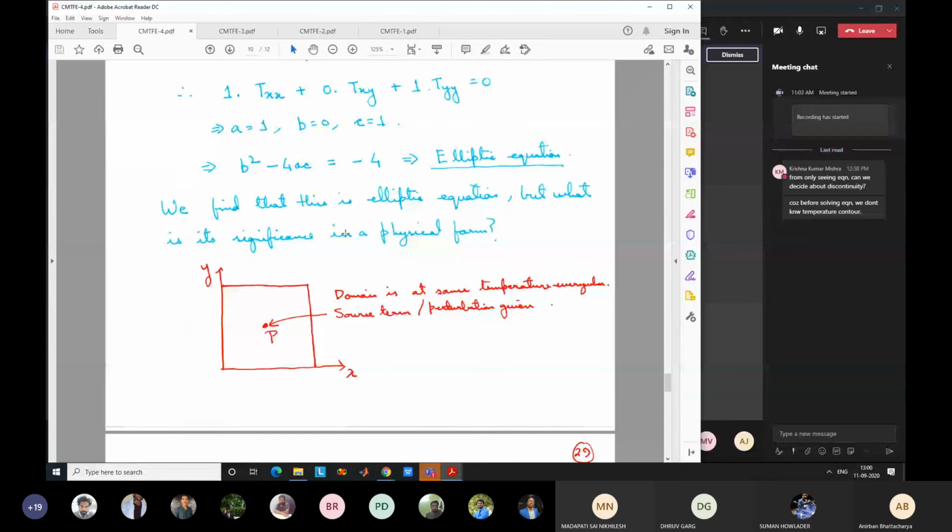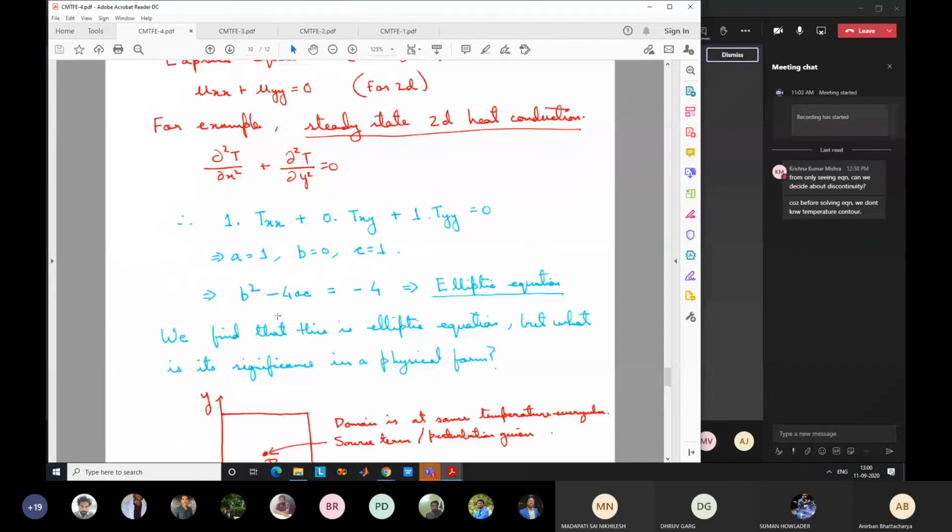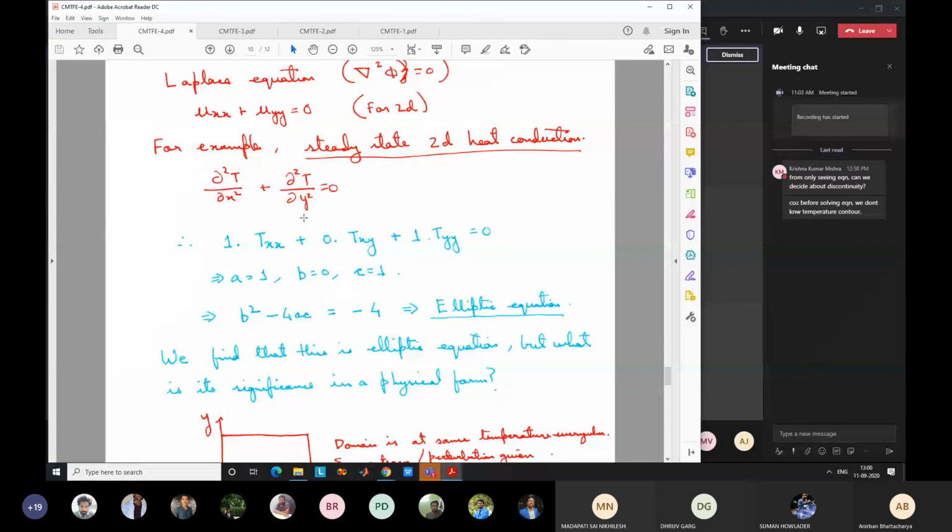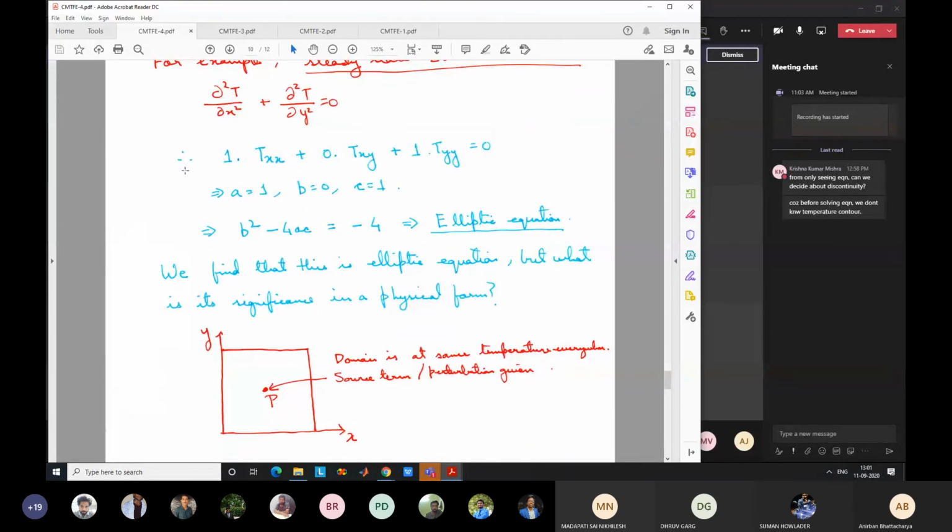And as I was saying, temperature has to be continuous across x and y. Okay. In this case, obviously it should be elliptic if x and y are physical coordinates. But for other coordinates, temperature need not be continuous, right? For example, I can also draw this as x and t. This side is time and this side is x, as I will show you in the next class. Then you can imagine that along the time coordinate system, the temperature need not be continuous, right?